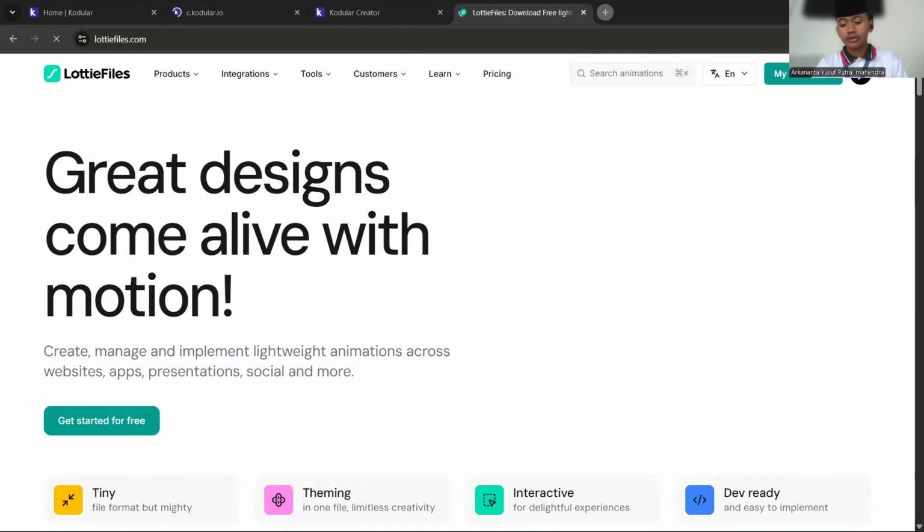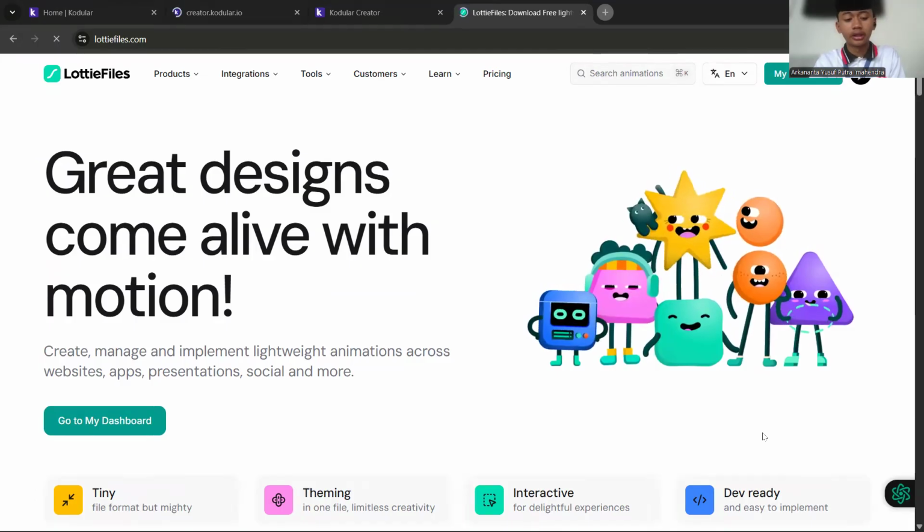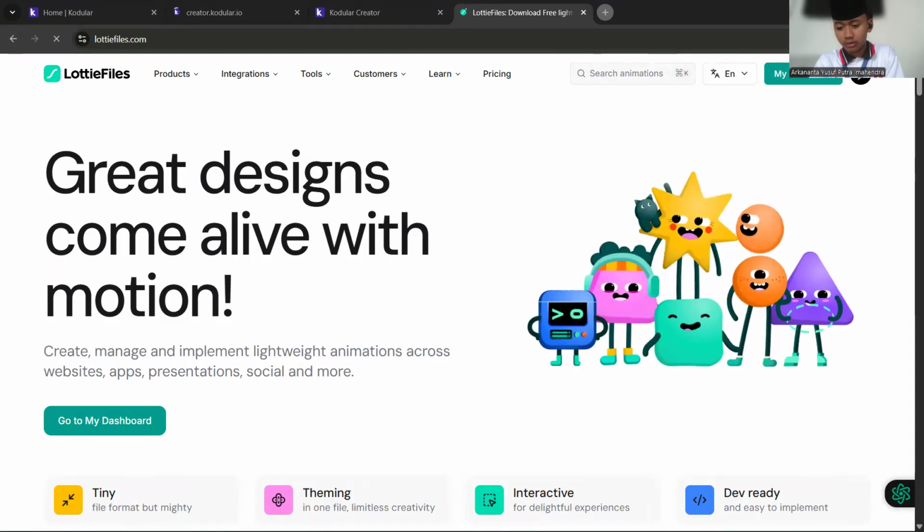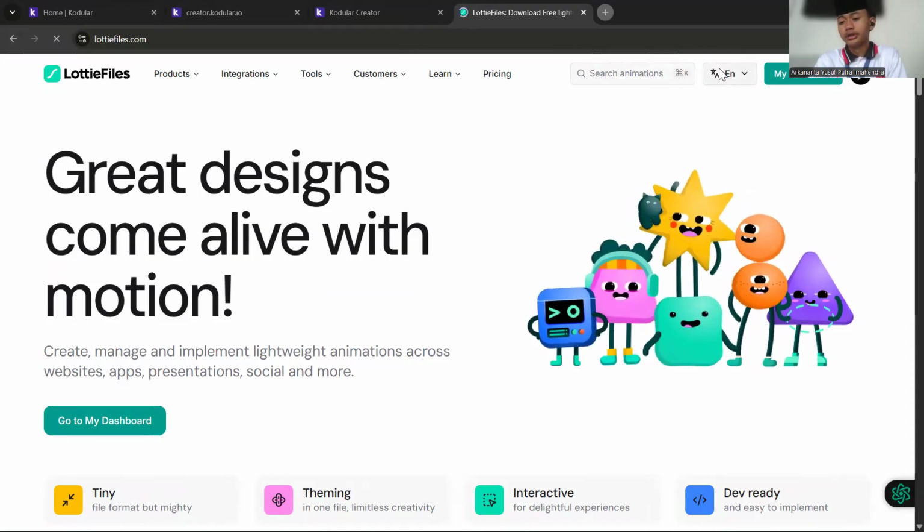In Lottie Files, you can search many animations, like loading animations or others.